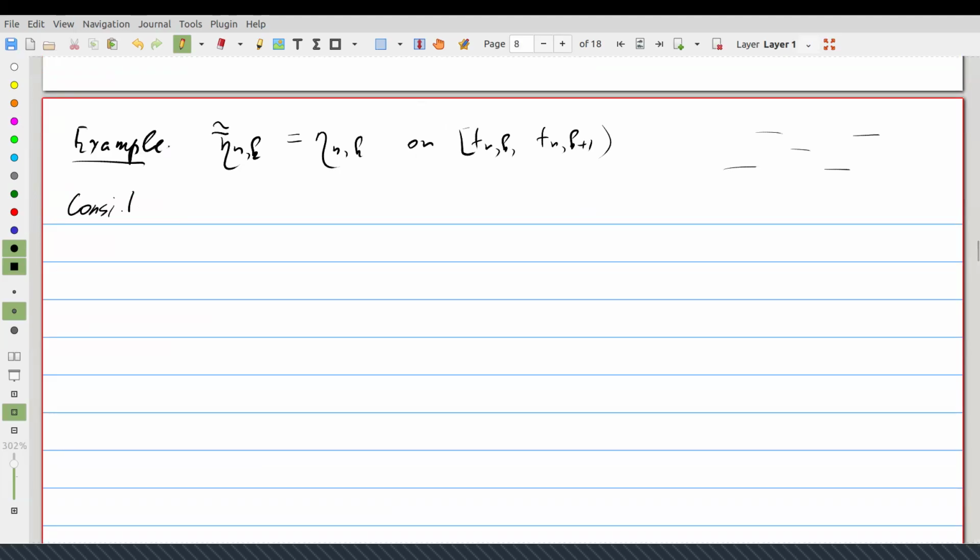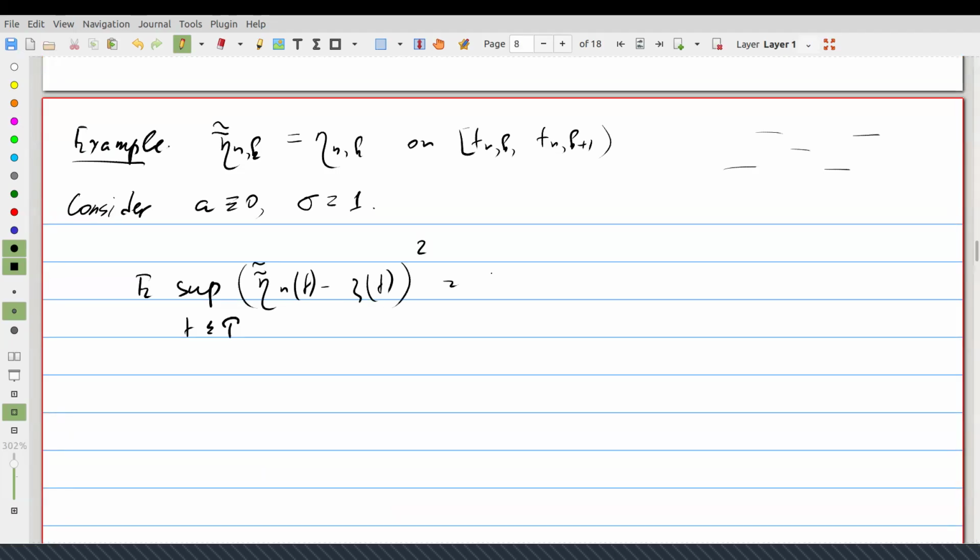Consider now zero drift, sigma equal to 1, and then the mathematical expectation of the supremum over t of eta n of t minus psi of t squared, minus W t squared,